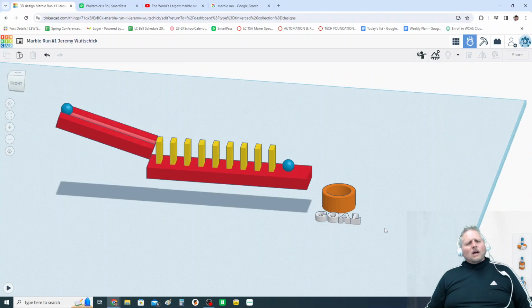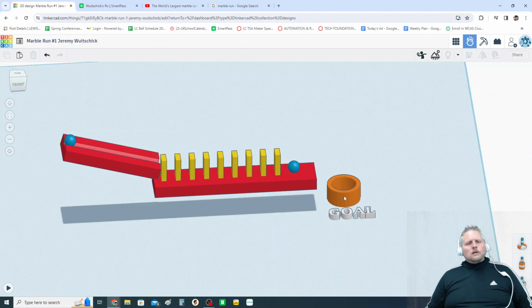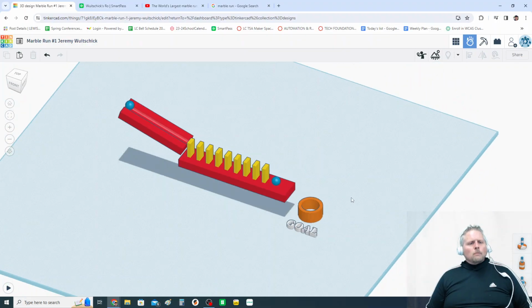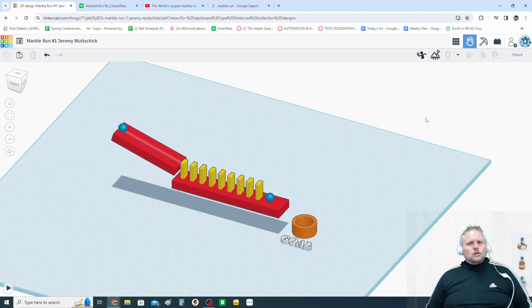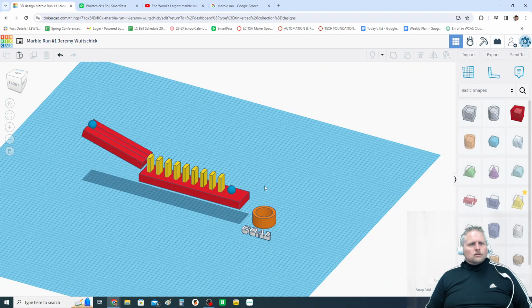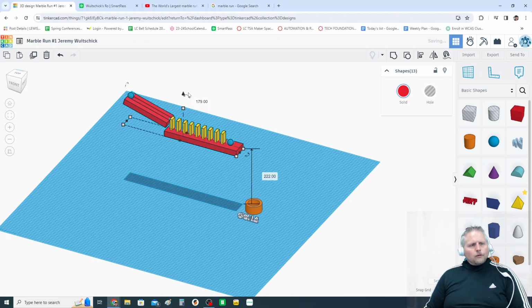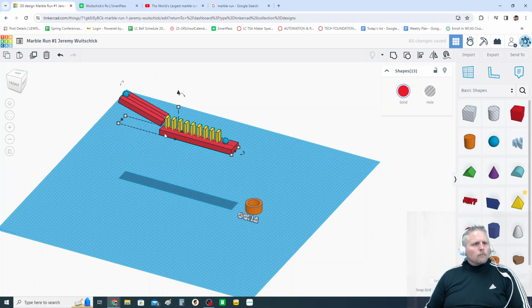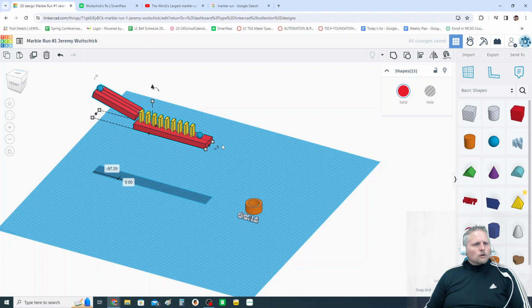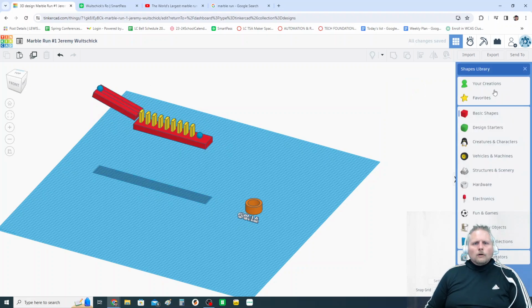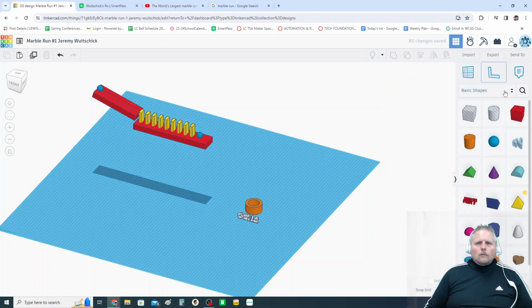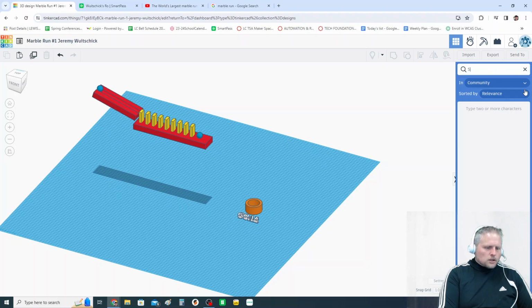Hey, I want you to have fun with this a little bit. When you get this done, show me, and then you can spend your extra time playing around with it to make other cool things. Like, for example, I'll give you a preview of what we could do, which is a really cool idea if you have extra time: we can move all this stuff up, and maybe you could figure out how to make a spiral ramp. Move this back a little bit, and go to the search button and search spring,